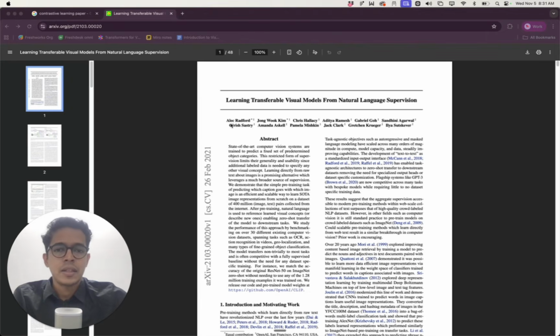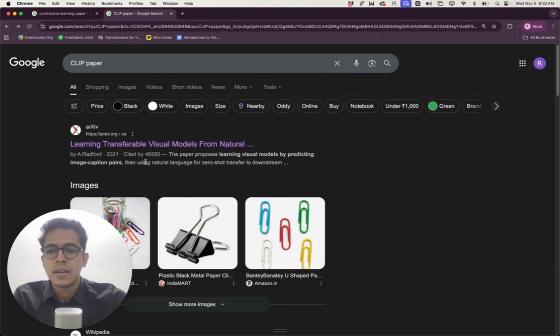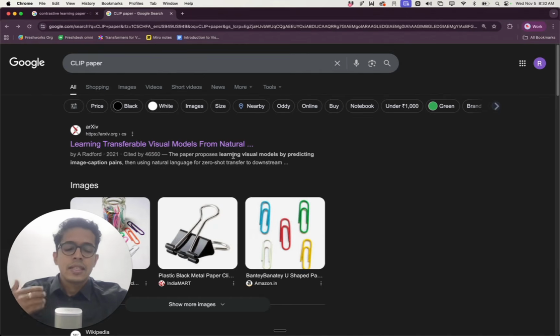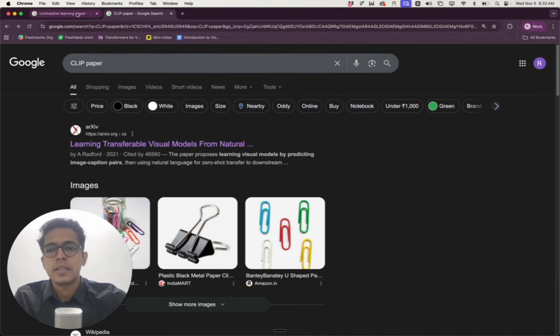In the last lecture, we briefly discussed not the paper, but the existence of the paper. And one of the co-authors you might recognize by name: Ilya Sutskever. So this paper came out from OpenAI, and at the moment it has 46,000 citations. But the idea of contrastive learning itself for images was popularized by another paper, which came out